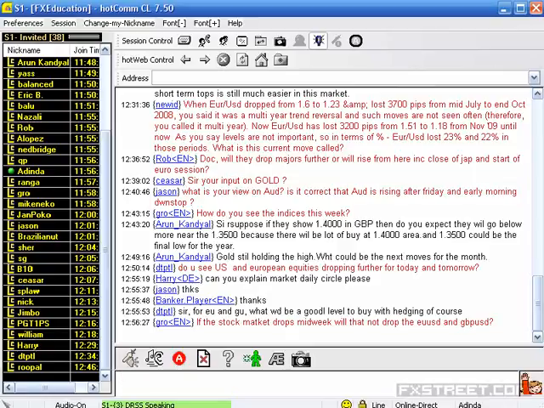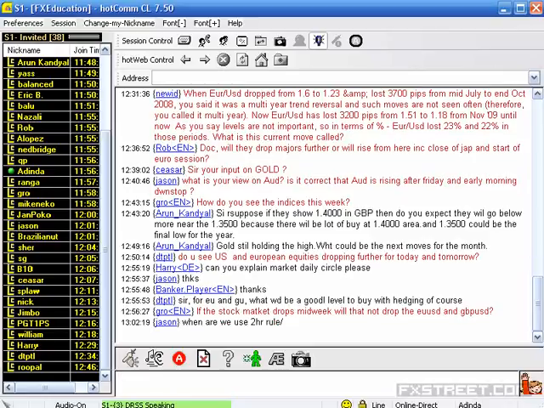If the stock market drops midweek, will that not be a drop in euro? See, you need to understand, sir. Now you have seen that gold has gone up, whereas the Australian dollar has come down. In a similar way, when the stock market is dropping, they could relate it to the Japanese yen and say that the yen has dropped, instead euro has gained, and they can show any sort of relationship. And when the stock market is dropping, they can say that money is coming into the currency market, so the currency market has gone up. So no relationship, and it is a contrarian relationship.